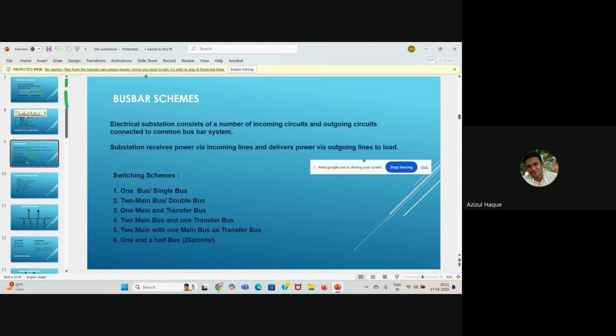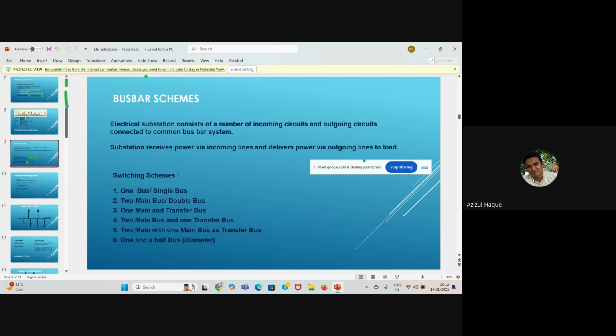And outgoing circuit is where we deliver the power to the distribution substation or receiving end substation through the outgoing circuit. Okay, in a substation, normally there remains more outgoing circuits and one or two incoming circuits, because bulk amount of